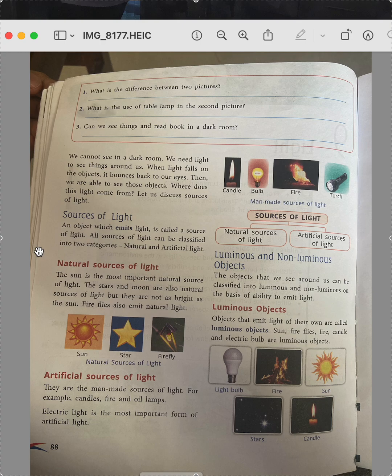Sun is the most important natural source of light. Correct? Every morning we look up to the sky. "Pa, today is so sunny, ma. The sun is sitting on my head. It is so hot." It is not only hot, it is also very bright. Correct? And it emits light